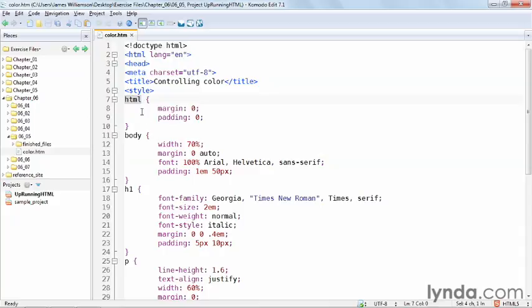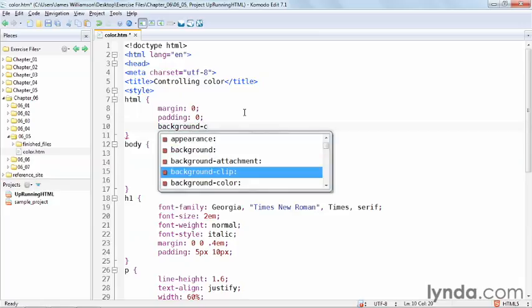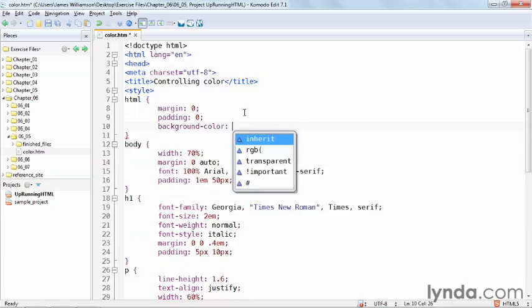Now, a lot of people don't realize you can style the HTML tag. It's this little guy right here, right? Well, that is the top level parent tag, and yes, indeed, you can style it. So I'm going to come up to that, and I'm just going to give it a background. And I'm going to do background-color, and the background color I'm going to give it is